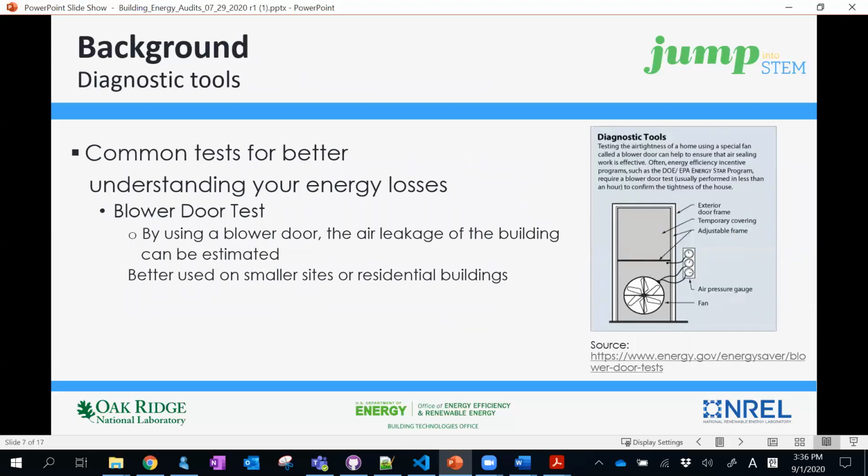In detailed energy audits, such as level 2 and level 3, to examine the current condition of the building envelope, HVAC system, and operation and maintenance procedures, additional diagnostic tools can be used. One example is a blower door test. The air leakage of the building can be estimated by a blower door test,